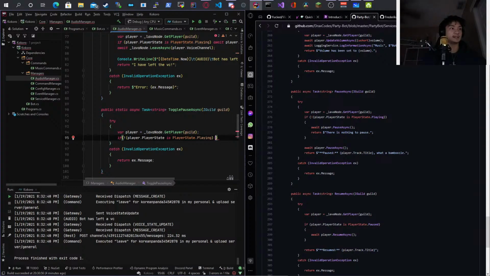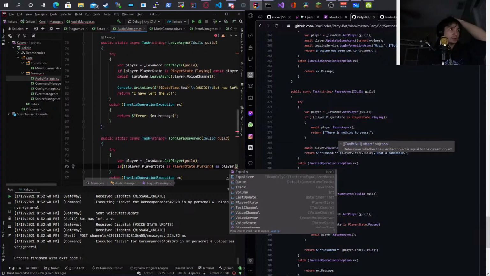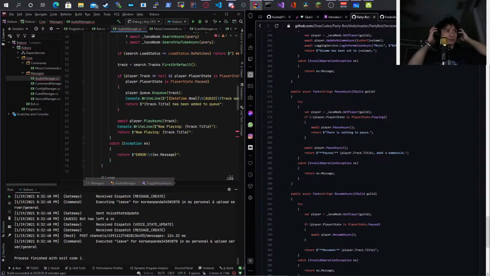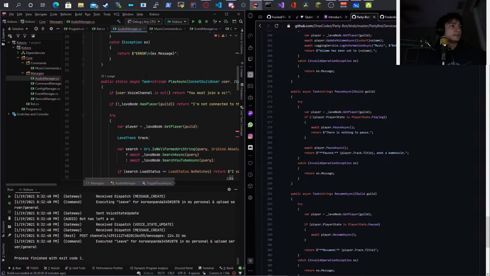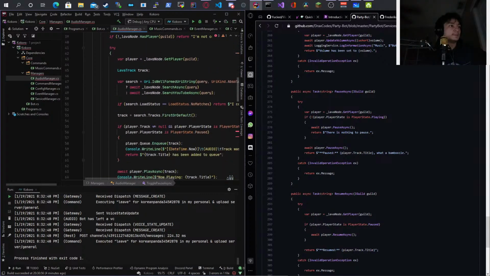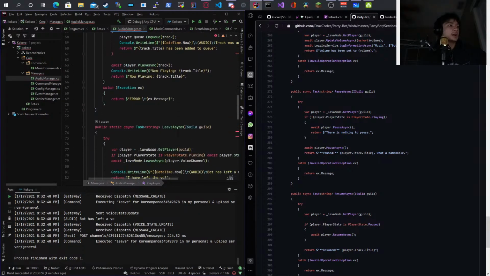But I need to check, how do I check to see if there's something in the first track? Let's see here. Okay, so right here: if player state is not playing, then player.Track is not null.